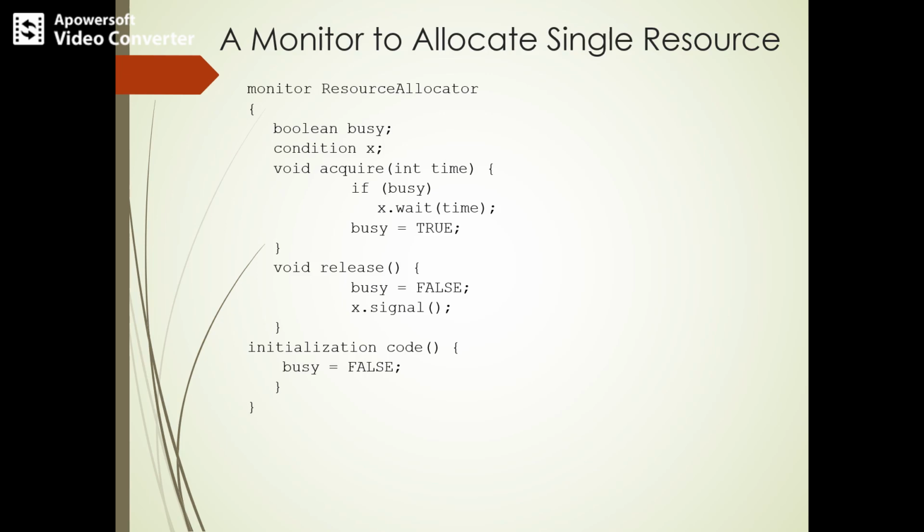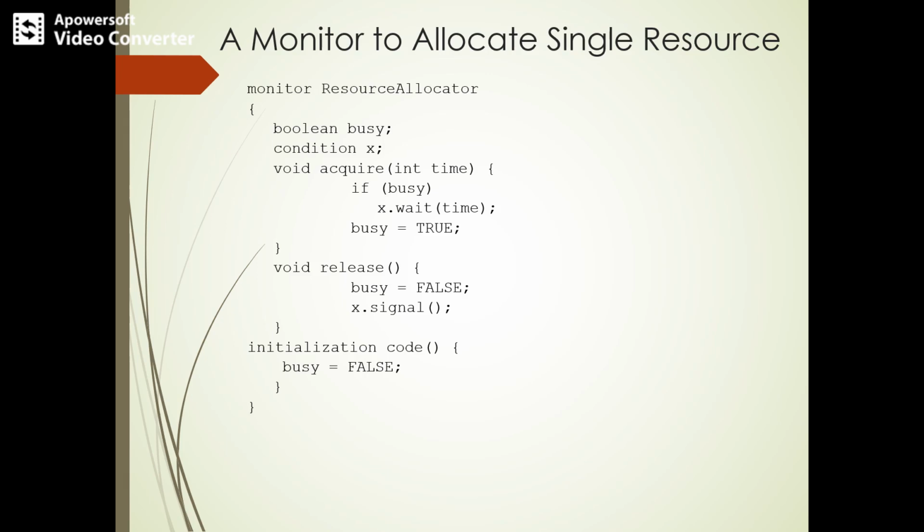Actually, in a monitor construct we cannot guarantee that the access follows a particular sequence. A process might access the resource without first gaining access permission, or there are chances that a process might never release the resource once it has been granted. So there are several such conditions. Here what we are doing is setting a particular time, that is, each process will specify a particular time during which it takes over the resource.